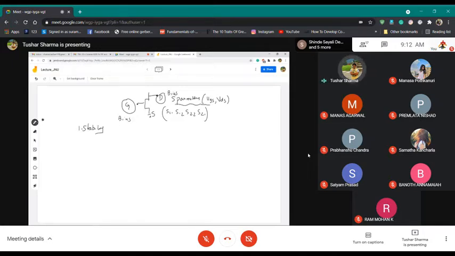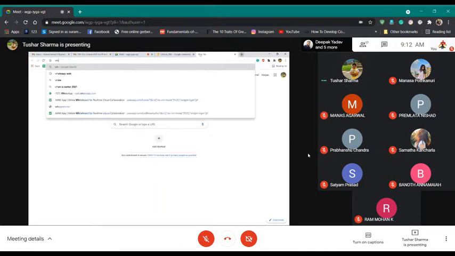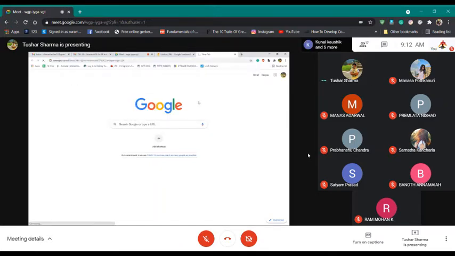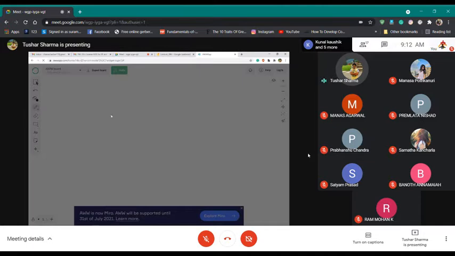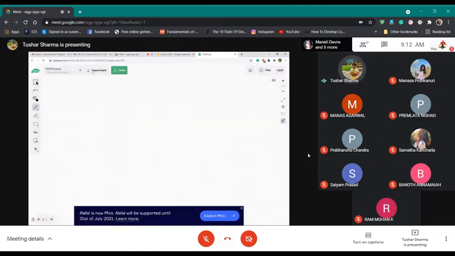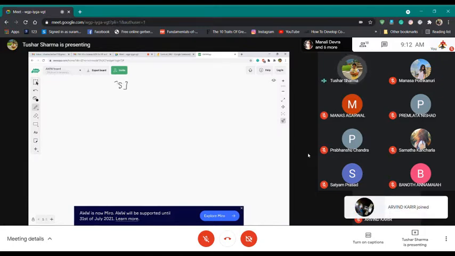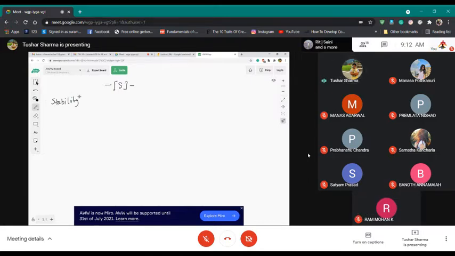So the first and foremost thing which we check for a given transistor is the stability, which means how stable my device is. Given the S matrix of my transistor, I want to check the stability of my transistor. That is the foremost important part, because if your transistor is not stable, you won't be able to use it to design either a small signal amplifier or a large signal amplifier or anything.